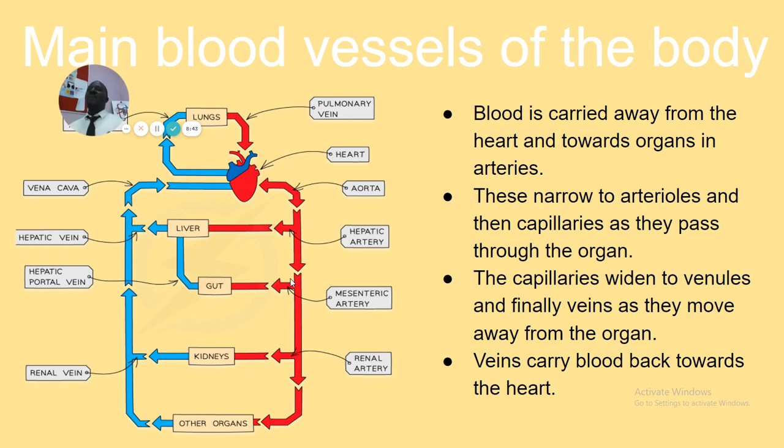So with this system of a closed circulatory system, blood does not ooze out of the system. It is confined to flow through blood vessels throughout its circuit. For example, I want us to look at the main blood vessels and what they do. I've talked about the pulmonary vein, which brings oxygenated blood from the lungs